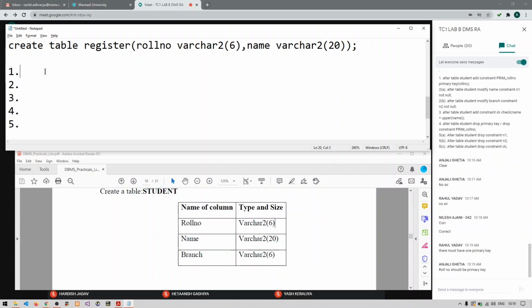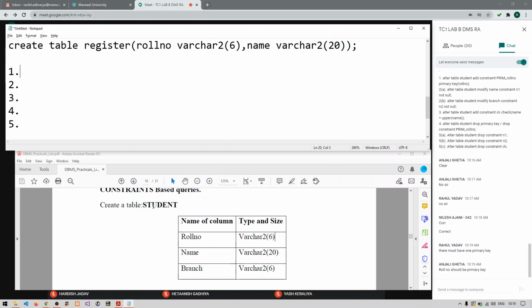Yes, so the table which a foreign key is referring to, that table should have a primary key column, right? Very good. So do we have a primary key column in the student table? Yes or no?